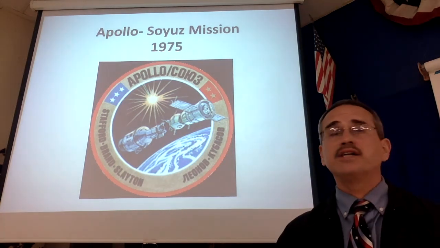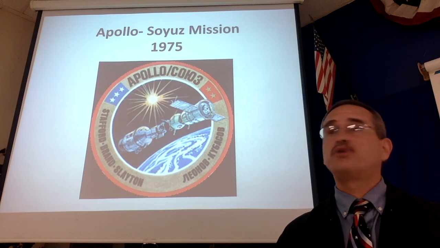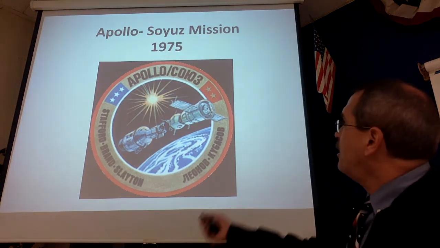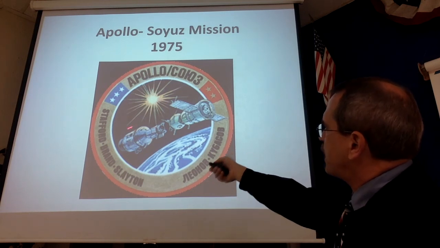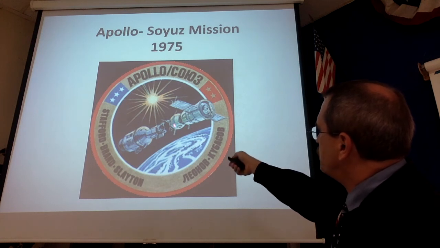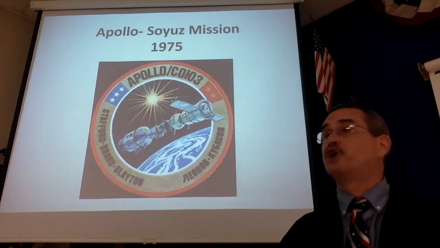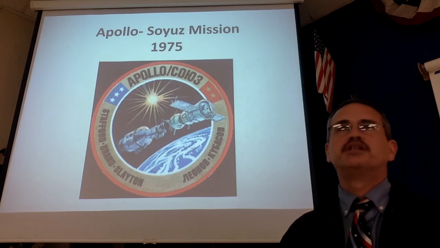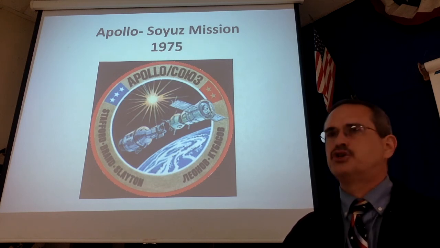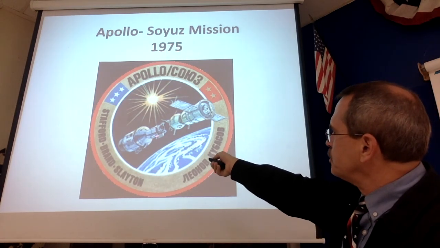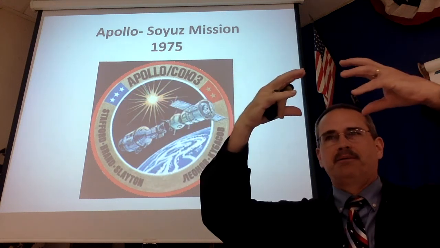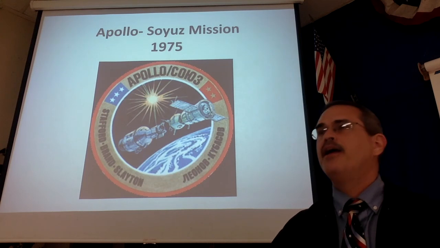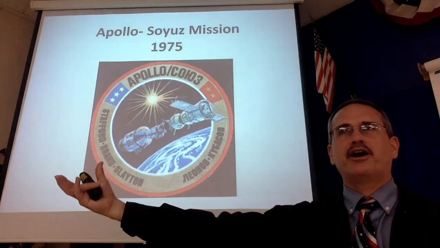In the U.S., we're working on our own space station, Skylab. And we agree, for the first time ever, to have a joint space mission. The Apollo-Soyuz mission. You see there's an American Apollo spacecraft like we went to the moon. There's a Russian Soyuz spacecraft like they still use to go to the International Space Station to this day. It was a pretty good vehicle. It's stood the test of time. And you notice there's an extra little component built in between. Our two spacecrafts have a little dock that we built together. Over in Russia, they built their half of it. Over in America, we built our half of it.